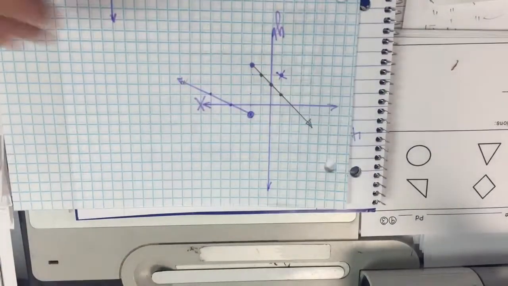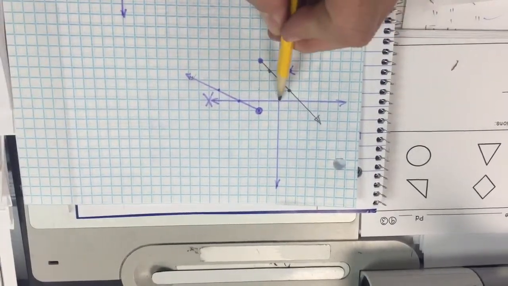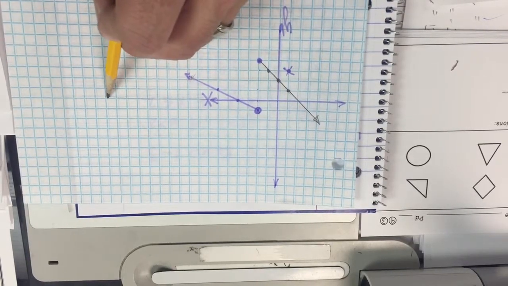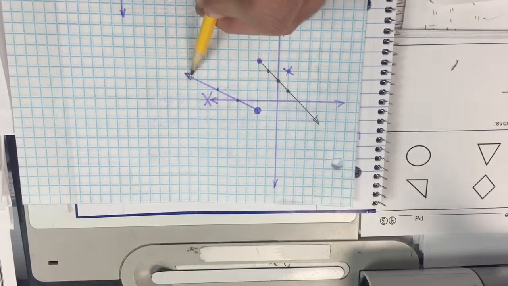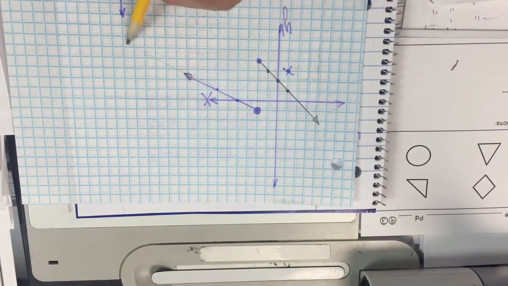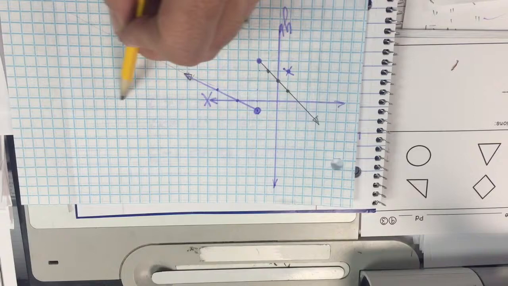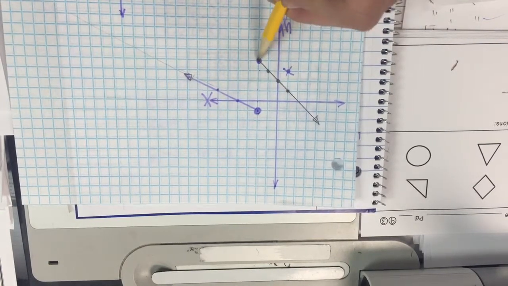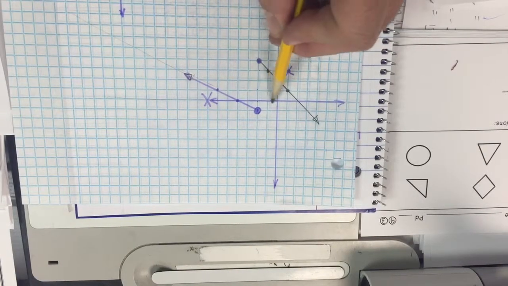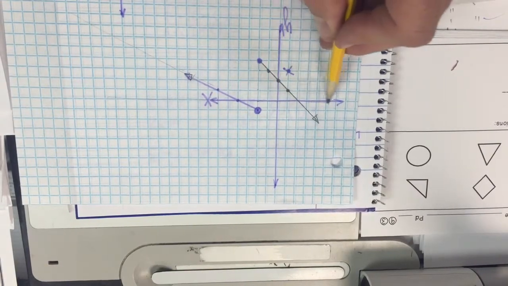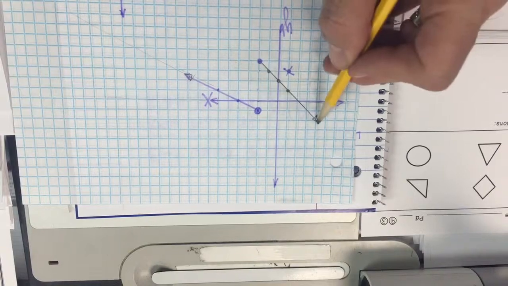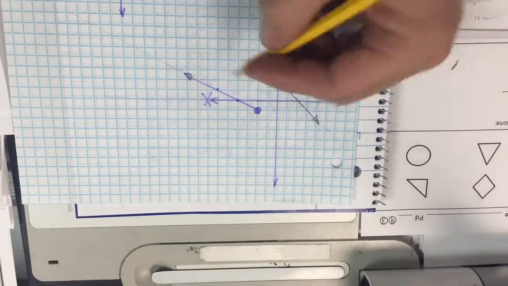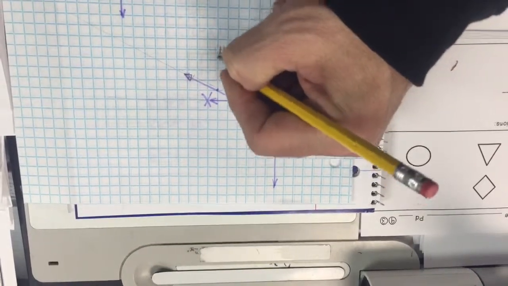My domain is my x values. So as I cruise down the x-axis, since this has an arrow on it, it's going to keep going. So all of these positive x values are part of the domain. Going the other way, toward smaller x values, we keep going, so everything on this side is included. So my domain